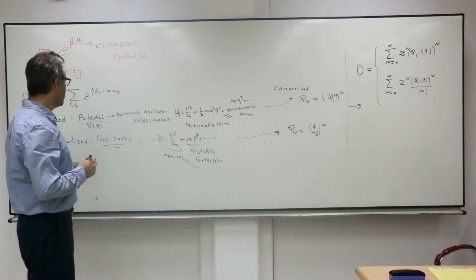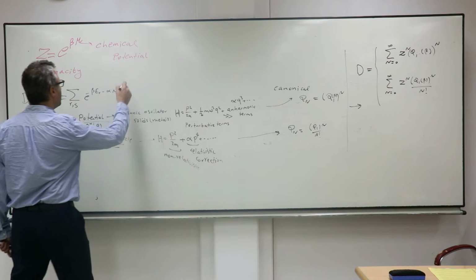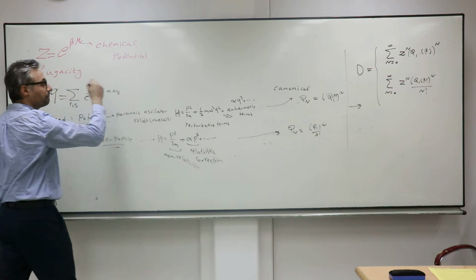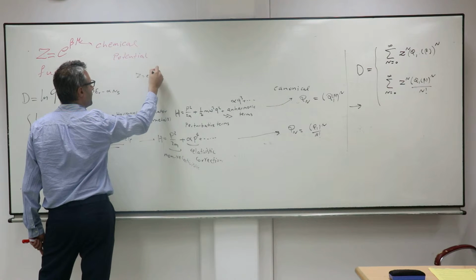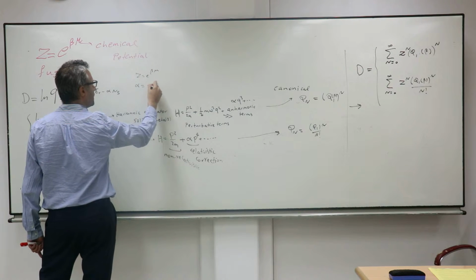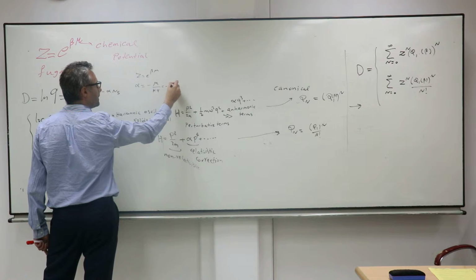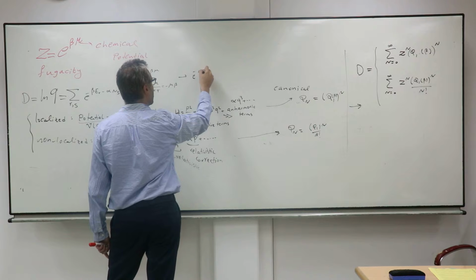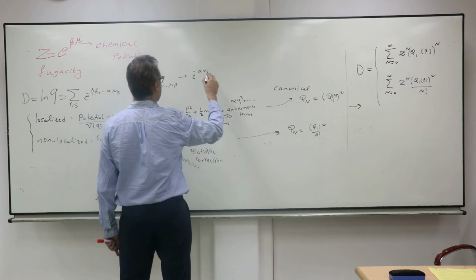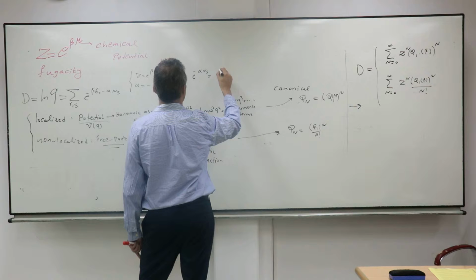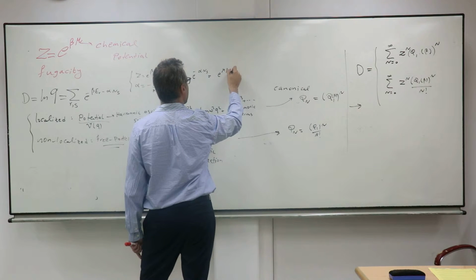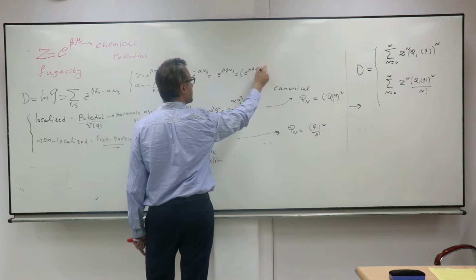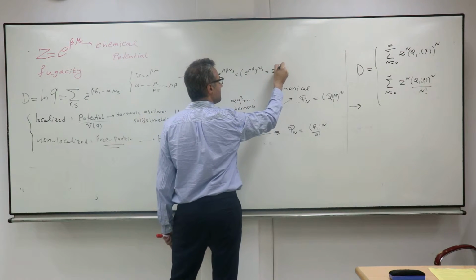You understand what happened here. The thing that happens here is that we have z equal to e to the power beta mu. And you remember what alpha was? Alpha was minus mu over kT, so minus mu beta. Just by combining these together, you can show that e to the minus beta E minus alpha N_s will be e to the mu beta N_s, and you can write it as e to the mu beta to the power N_s, and this will be z to the power N_s.